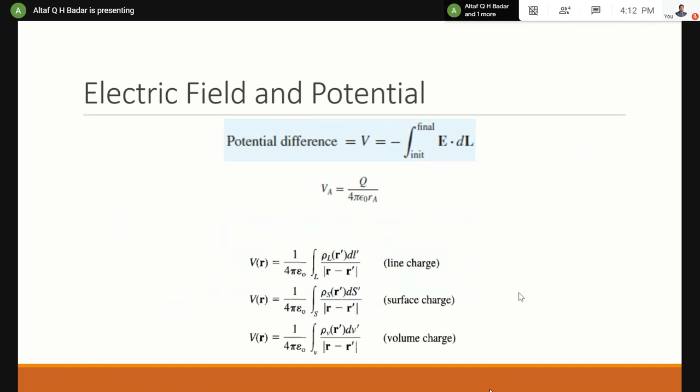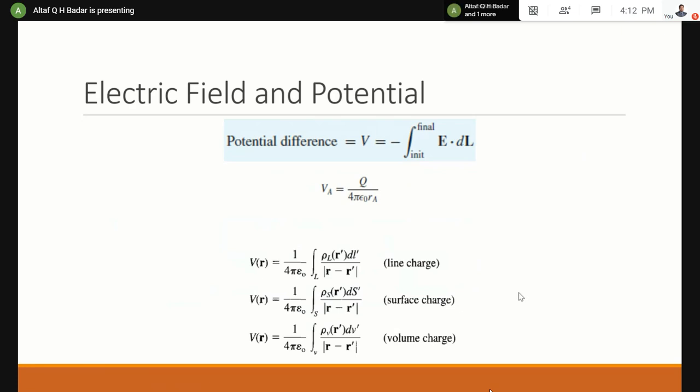Then you get the formula for the work done. Basically, that is given as the same formula which is there for potential difference, but with a charge involved in it. That is the formula that we get for the work done when we are moving from the initial position to the final position. The charge is supposed to be at rest at the initial position and at the final position also. If the field is uniform, then E can be taken out of the integration because then it's not required. Otherwise, I'll go for integration.